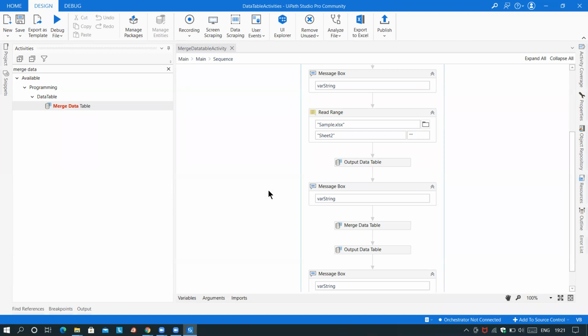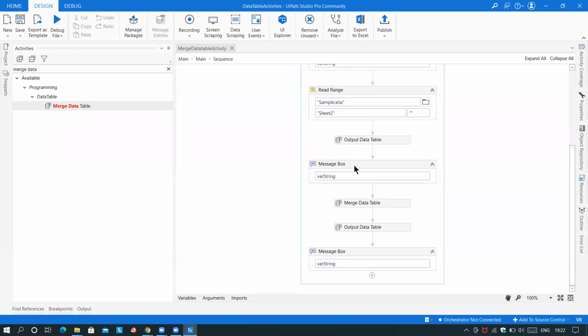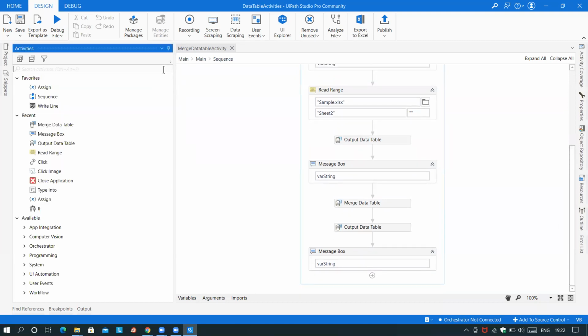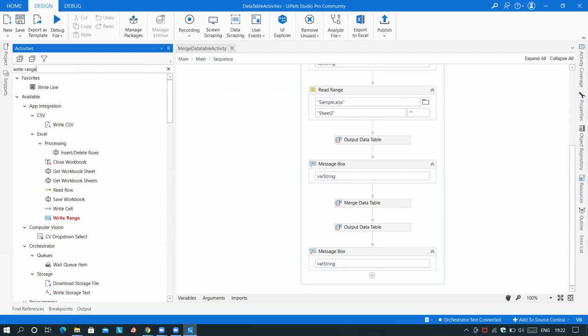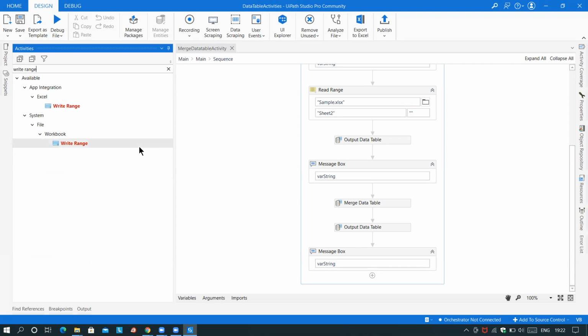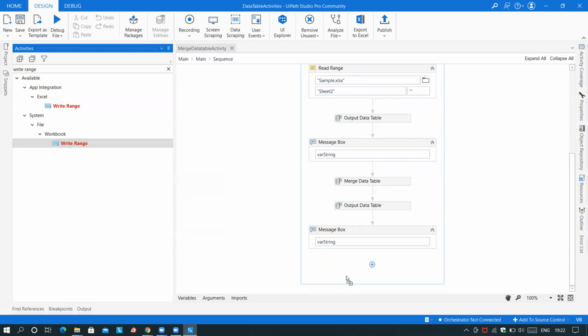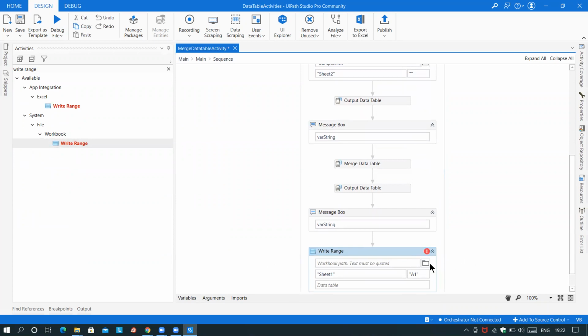If you want to update it in any other destination, at the time of execution only we have to update it. Whatever the merged data is there, I want to update it in that Excel file again. So that's why I want to use the Write Range activity. I want to take Workbook Write Range and I will select